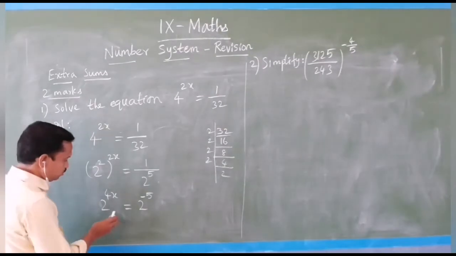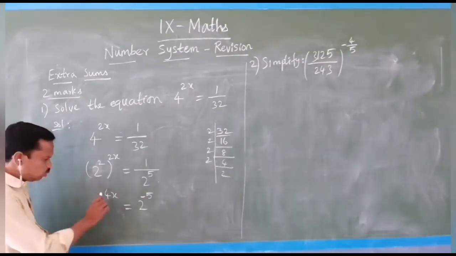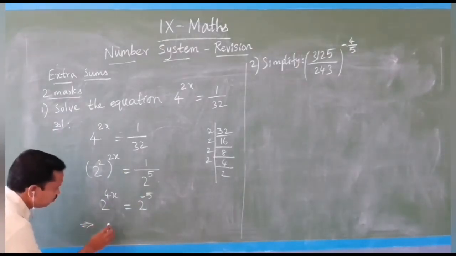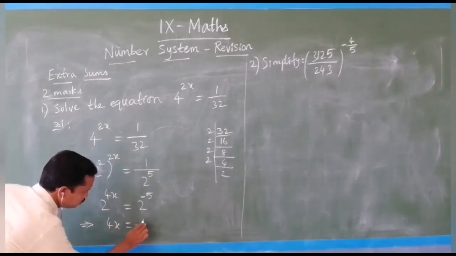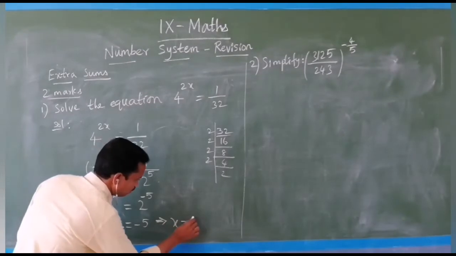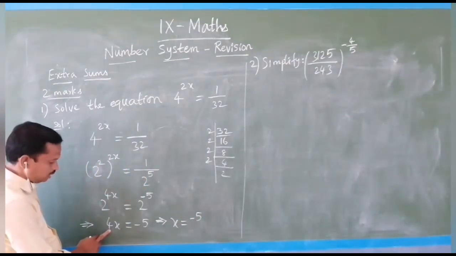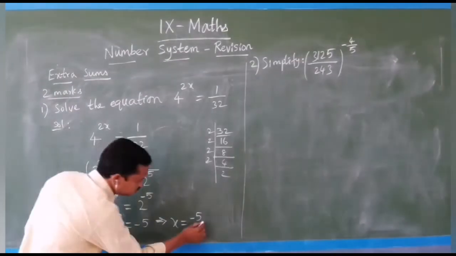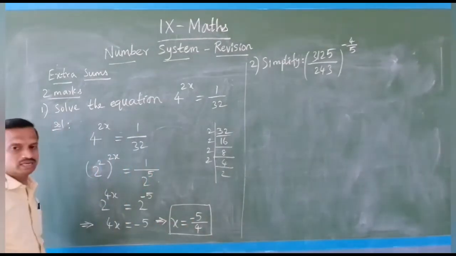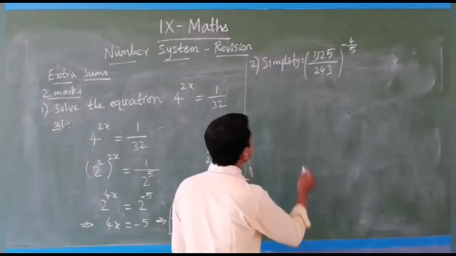So, now for the same base in an equation, we can equate the exponents. So, this implies 4x is equal to minus 5. This implies x is equal to minus 5 over 4, since 4 into x is 4x. So, bring 4 to the right side, so minus 5 divided by 4. So, this is the answer. x is minus 5 by 4. And here,